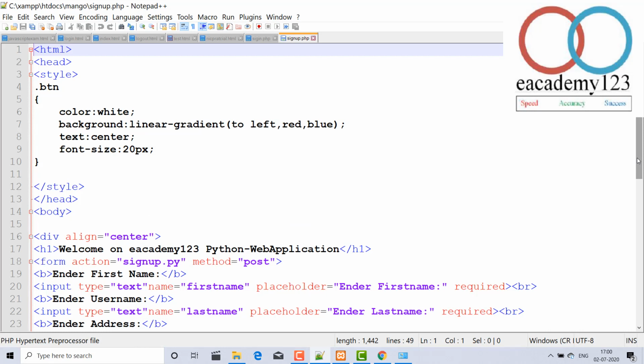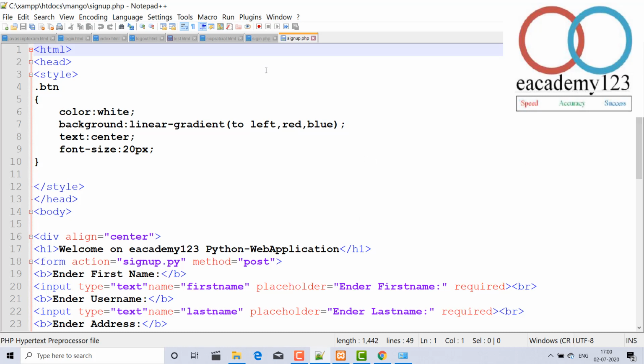And I am coding the front end of the sign up page, because in this video we will make a sign up page and sign in page, that means a login system in Python, and then all operations in the Python script. For all operations, insert, delete, update, search, we will take the input from HTML or PHP, and after taking it, it will be processed in Python as a backend language.